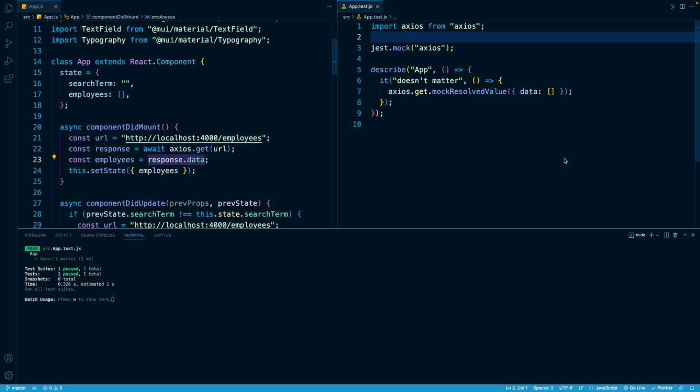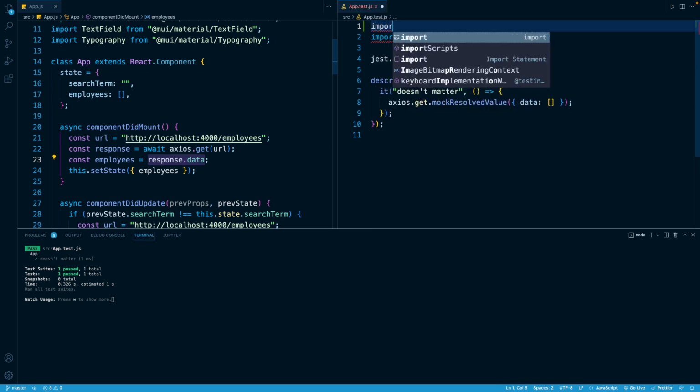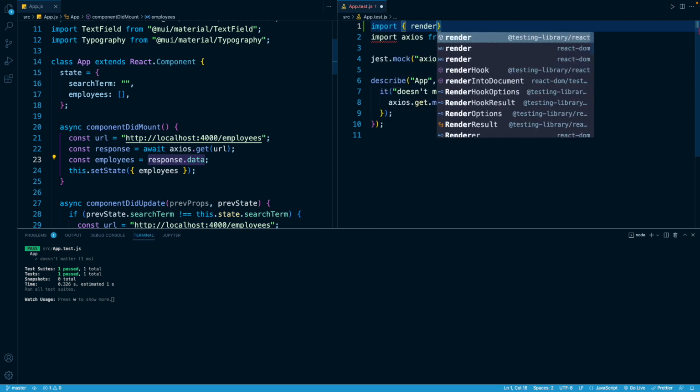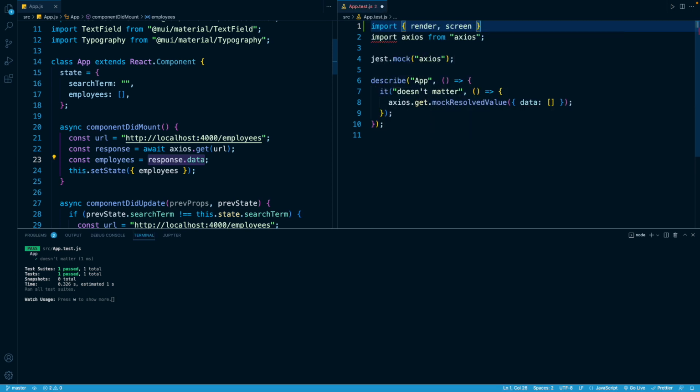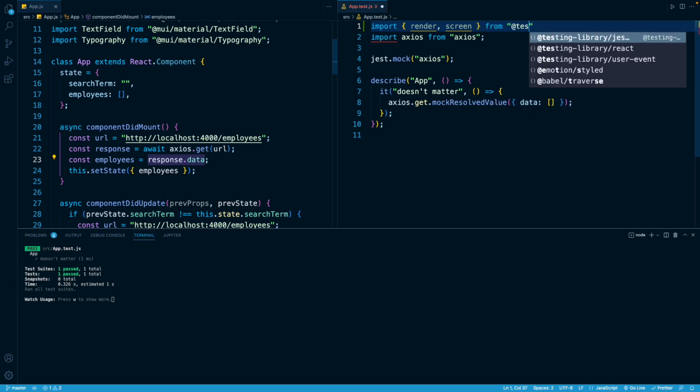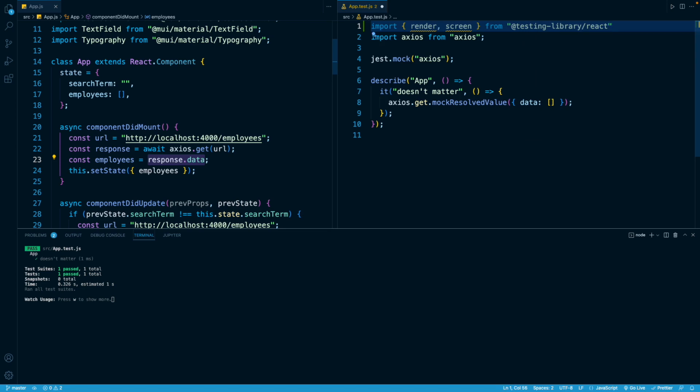So we are all set to write our component test for the app component. Let's begin by importing everything that we will need. First up, at the very top, I'll begin by importing the render function and the screen object, and that's going to come from @testing-library/React. As a reminder, render is the function we're going to use to render or instantiate our component, in this